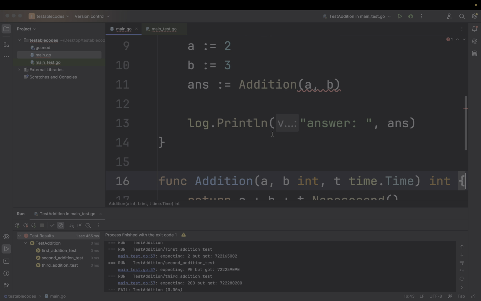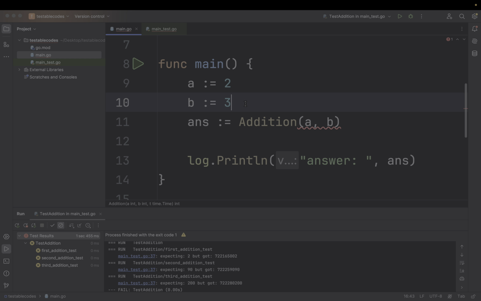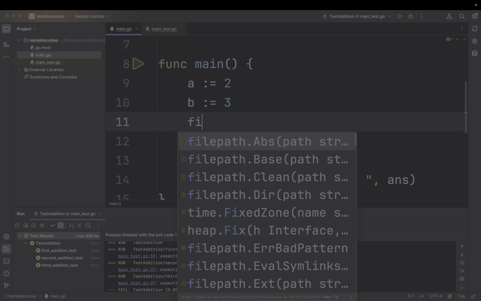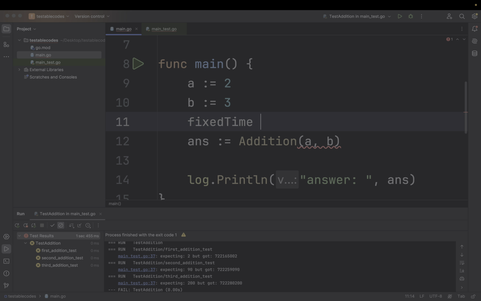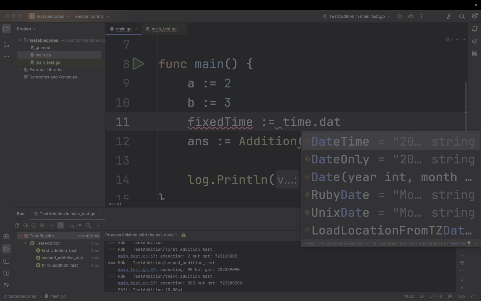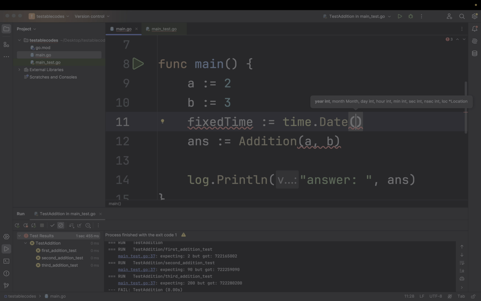Yeah, it's going to throw an error here because we need to pass in a time. Now, in the error here, we can then control our time. So we can say fixedTime is equal to time.Date. We can just do time.Date, and because we are looking for nanoseconds, we're trying to get nanoseconds, so we can just do